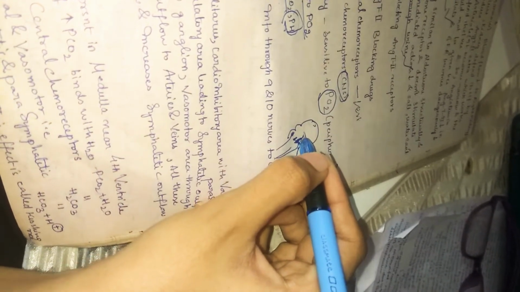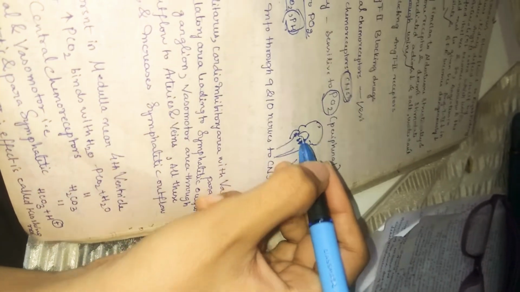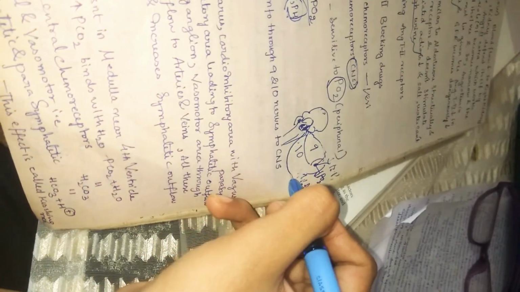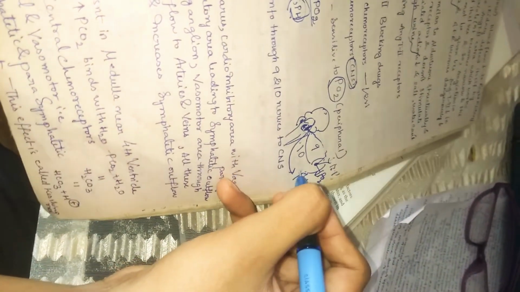This tractus solitarius will in turn activate the cardiac stimulatory area, but not the inhibitory area, because we need no inhibition, as the blood pressure is already low. Now we need to increase the blood pressure. To increase it, always remember sympathetic activity will come as outflow, and it will lead to constriction of vessels and increase the blood pressure.